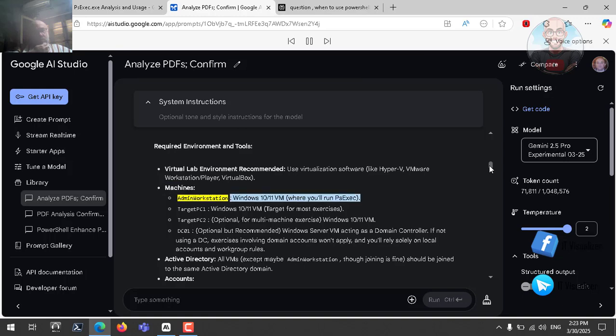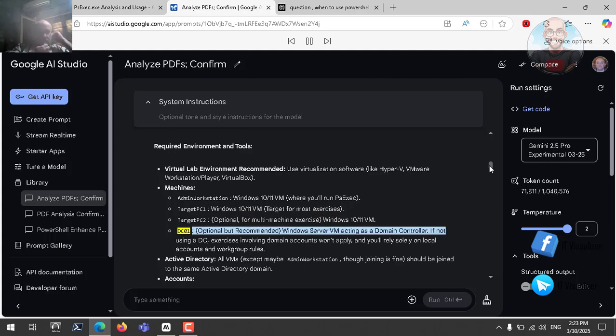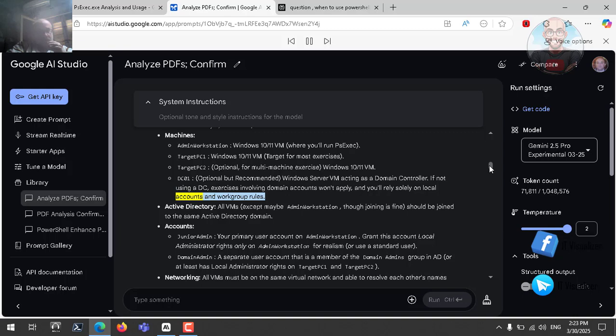Admin Workstation, Windows 10/11 VM, where you'll run PsExec. Target PC 1, Windows 10/11 VM, target for most exercises. Target PC 2, optional for multi-machine exercise, Windows 10/11 VM. DC01, optional but recommended, Windows Server VM acting as a domain controller. If not using a DC, exercises involving domain accounts won't apply, and you'll rely solely on local accounts and workgroup